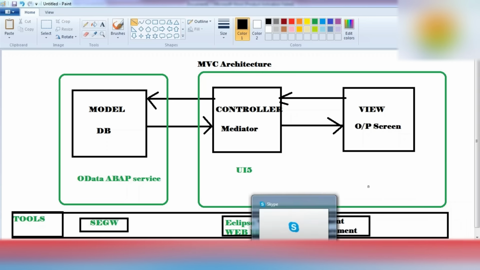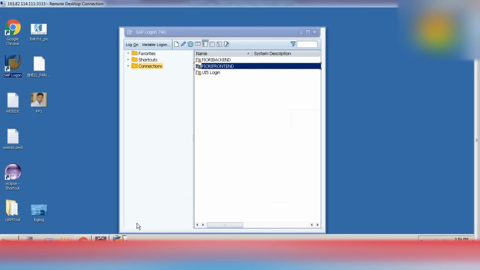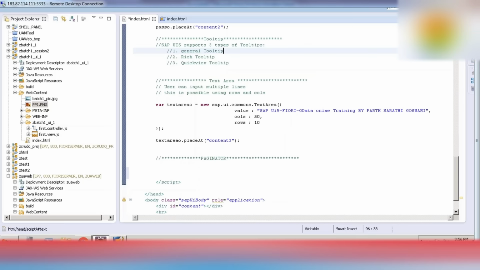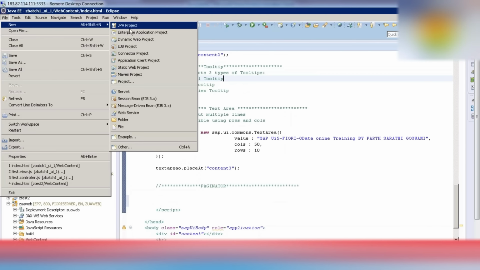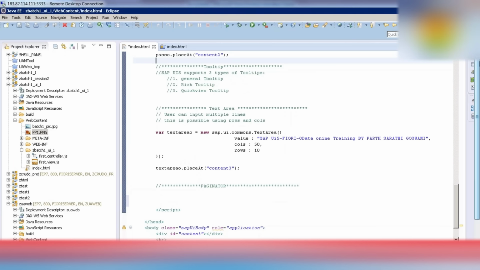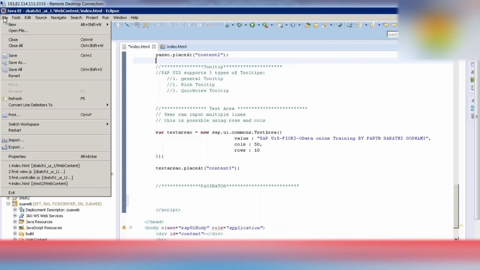So let me just quickly show you how easy it is. To develop any UI5 application, here I am using the Eclipse tool. I'll go into each and every detail in the later session.